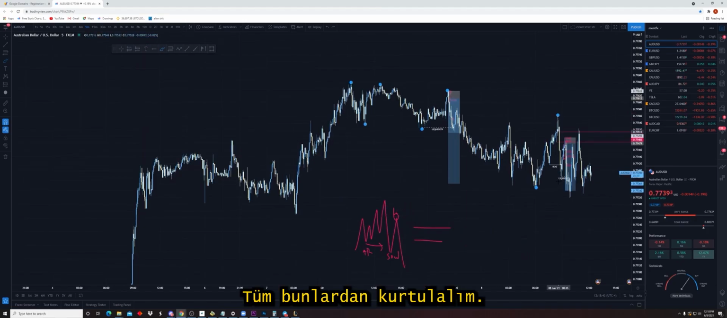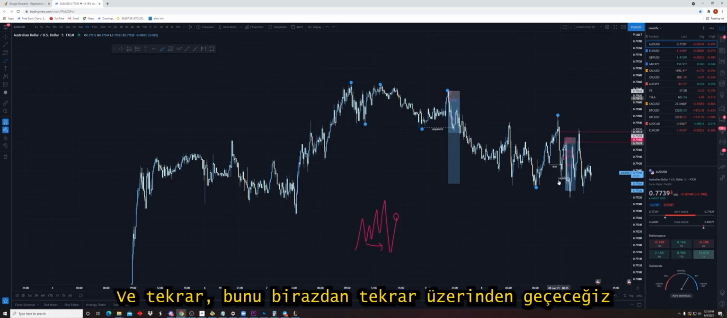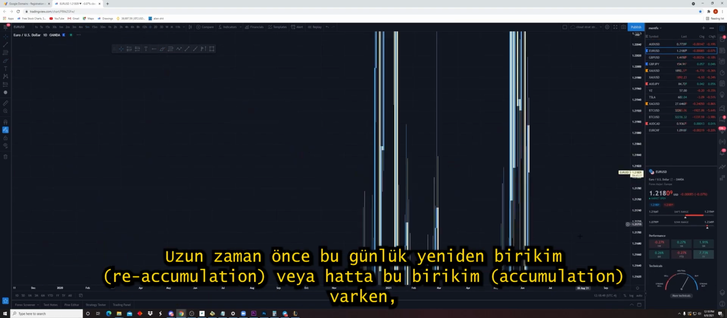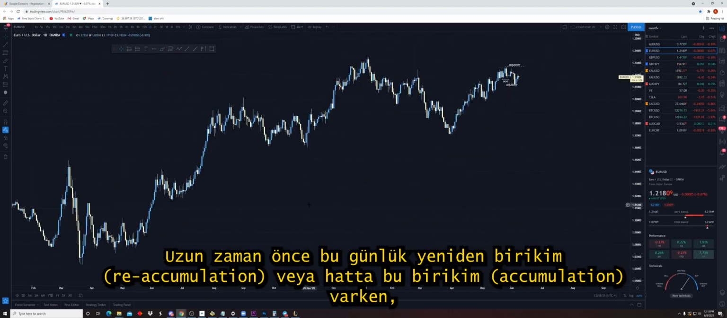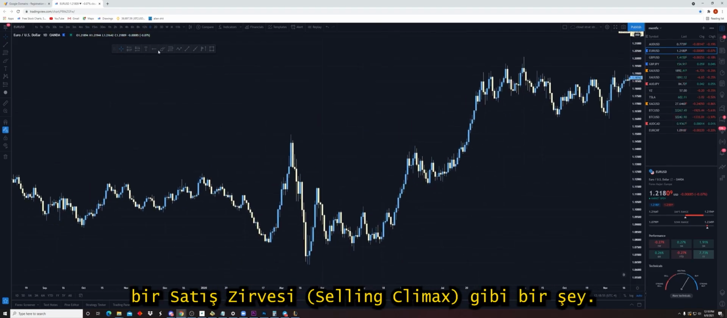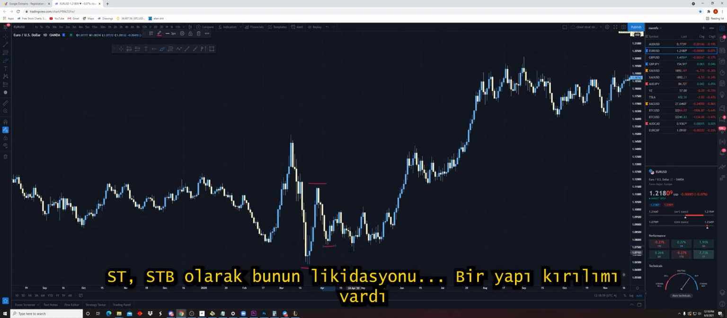Let's get rid of all this. And again, we'll go over this in a second and talk about the importance of it. But on EU, for instance, a long time ago, when you had this daily reaccumulation, or even this accumulation, you can see that potentially you have something like a selling climax, AR, ST, the liquidation of that